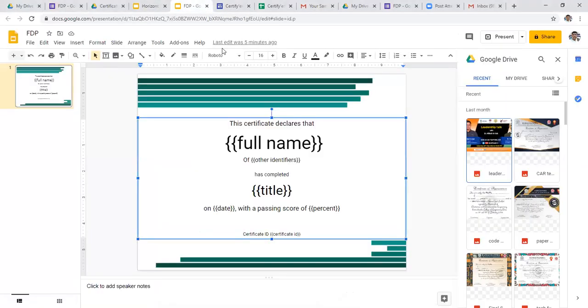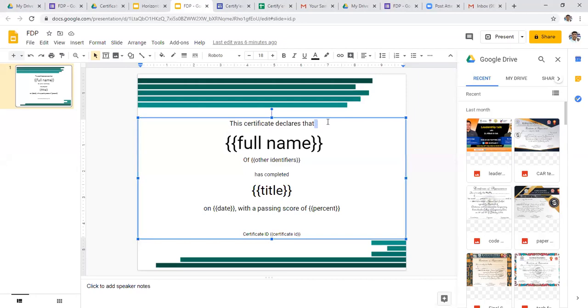So here, this certificate declares that Sri Duvuri Srinivas Rao Garu of the second other identifier identifies your college name.